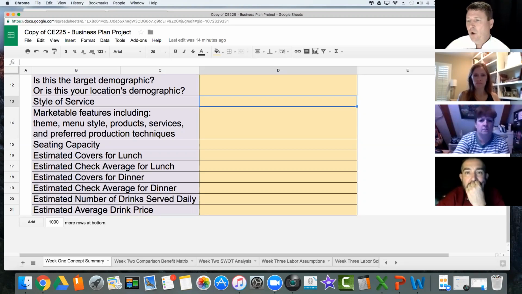Okay, so this is what's required for week 1. I would say the most time consuming in week 1 would be the concept summary. The inspiration for your concept summary, I think by now you already have the idea. You already have an idea about what it is that you want to do. When you did the design and layout, right? You're already building something. Now we just need to verbally be able to say what it is that we want to do. Okay? Any questions so far?